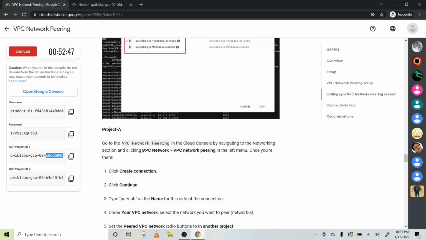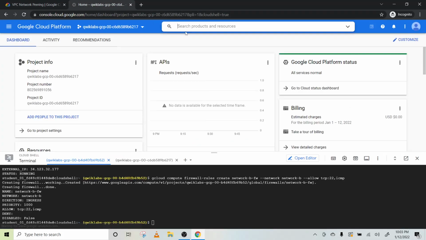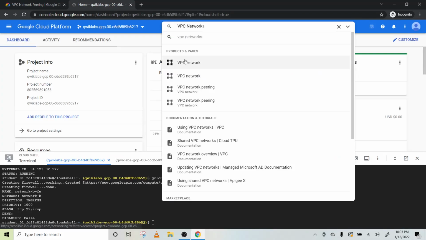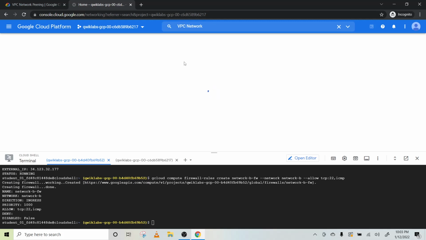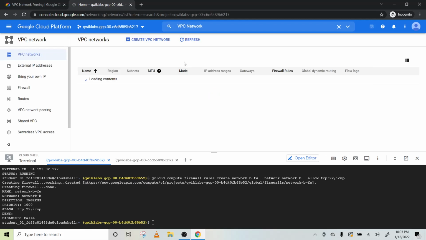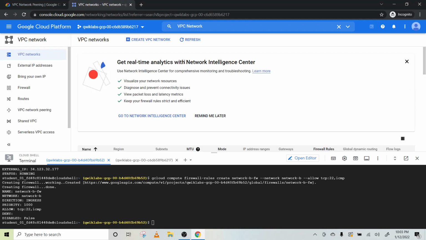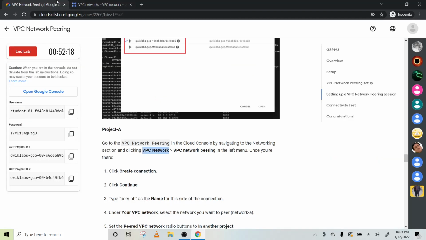Click create connection. Click continue. Just search this in the search bar. Click the first one. Okay, so VPC network peering.